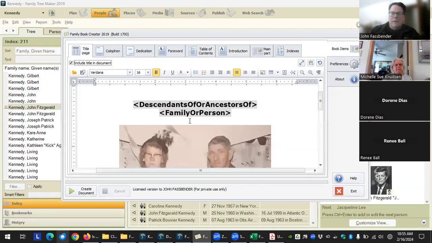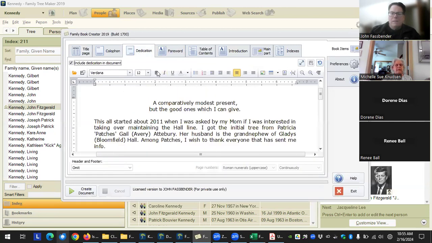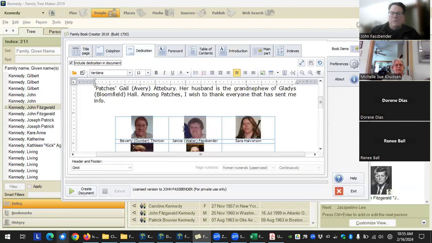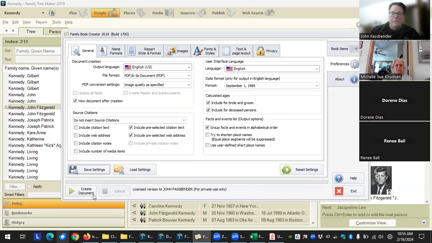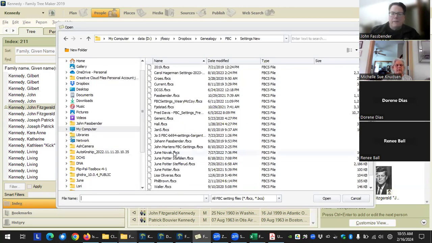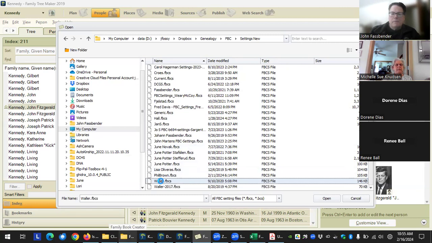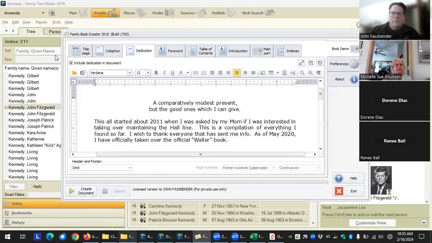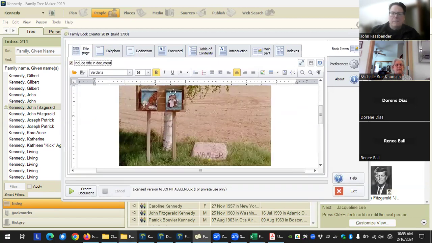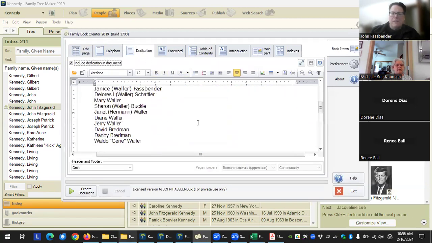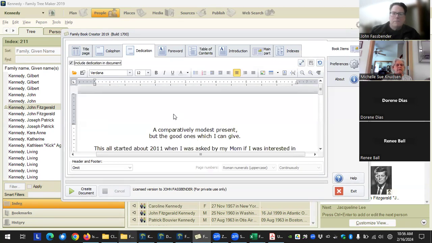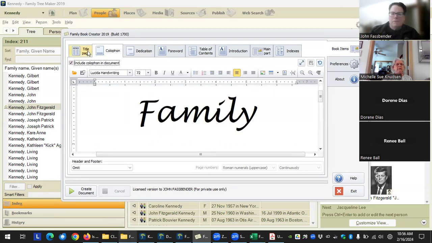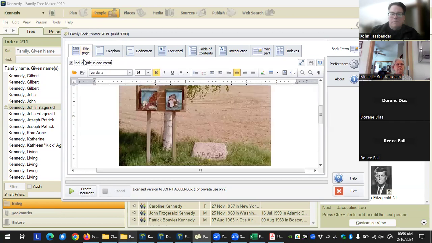Because then there's my Hall title and my dedication, but if I go to load my Waller settings, then there's my title for the Waller, and I've got a different dedication. So if you only had one book and you saved that title page and dedication page, and now you want to do a second book,